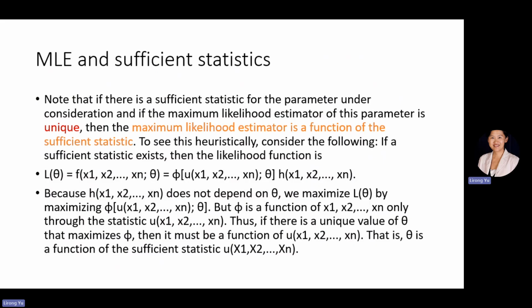And this is part of the reason that if you have a likelihood function factored into a multiplication, since we wish to maximize the likelihood function, and one factor does not connect to theta whatsoever, you can't really maximize that. So the only one we should be maximizing is the function phi. One of the factors is key when you try to find theta, and the other one is unrelated. So being able to factor properly could also make your maximization easier. We can identify the maximum likelihood if we can identify the sufficient statistic. Anyway,